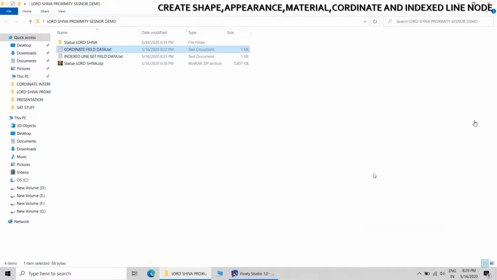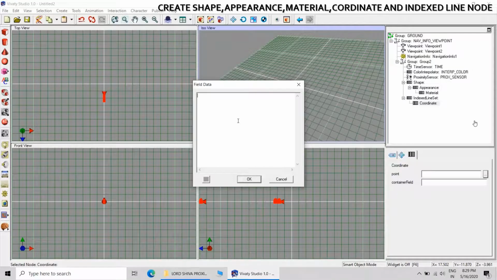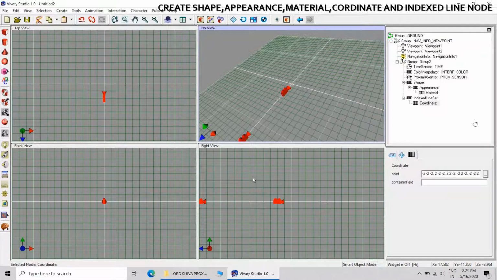This will save your time. So prior to start of the exercise, you create such type of text file so that you can have the required field data ready on your hands. So that completes the creation of shape, appearance, material, index line set, and coordinate nodes.